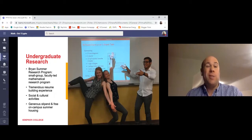We've had some really interesting problems lately that students have worked on. The one on the screen right now is actually a billiards problem. So mapping out the path a ball would take on a billiards table that isn't necessarily shaped like a normal billiards table. Heidi has, for the past couple of years,